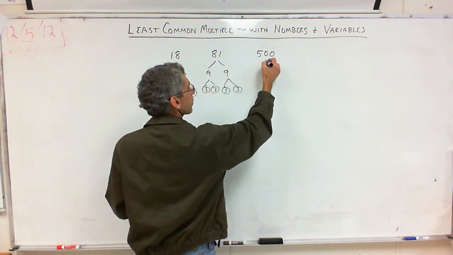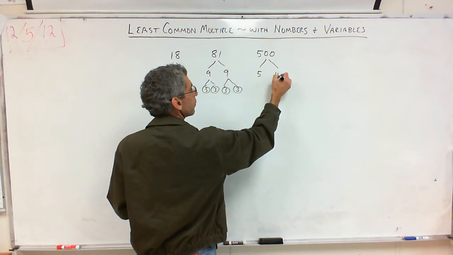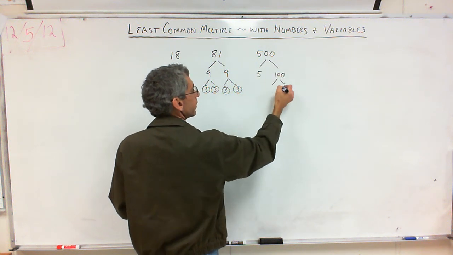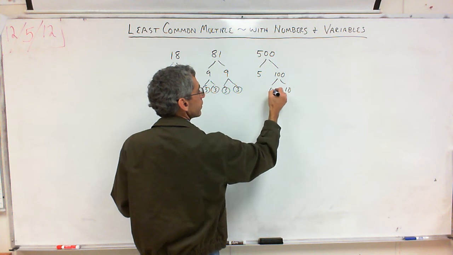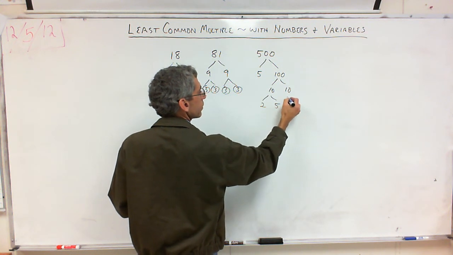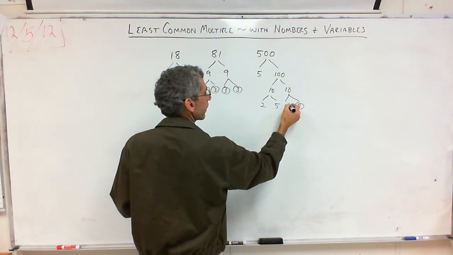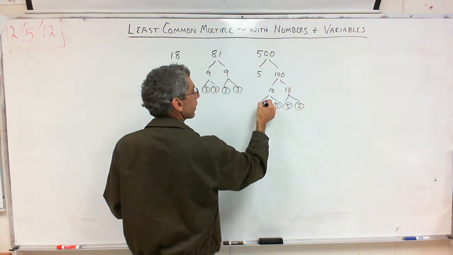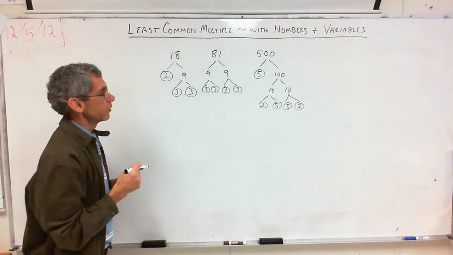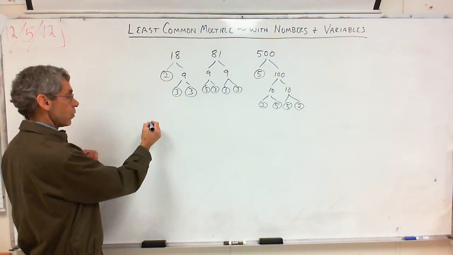Oh, this one, bummer. Look at this. Okay, so 5 times 100, right? And then 10 times 10. And then 2 times 5. And I'm going to do 5 times 2 here so I can see my 5's together. Okay, right? Did I do them all right? Yeah. Okay, so now to find my least common multiple